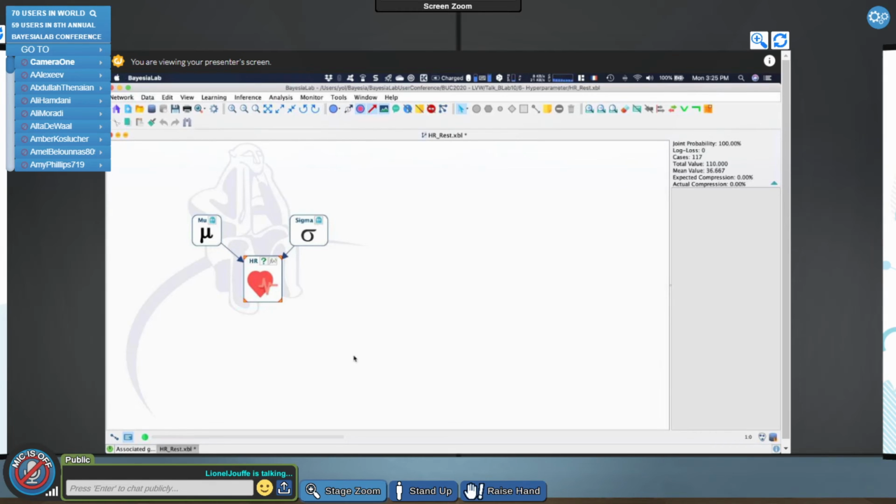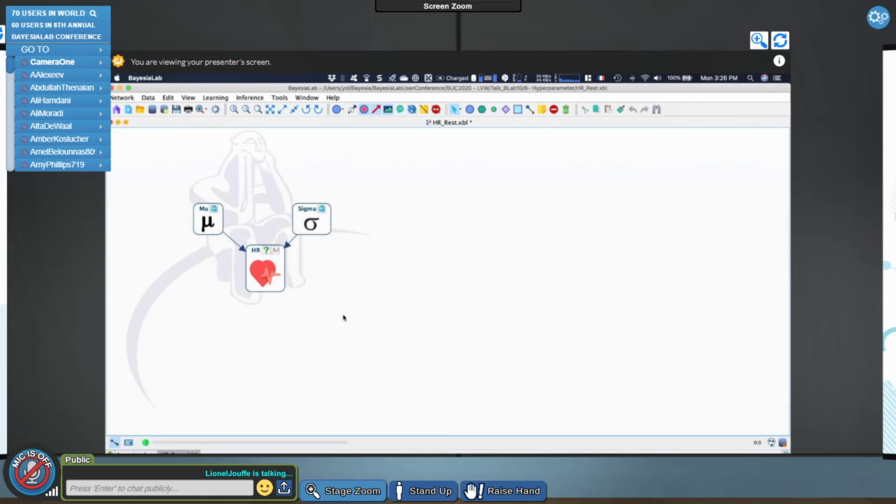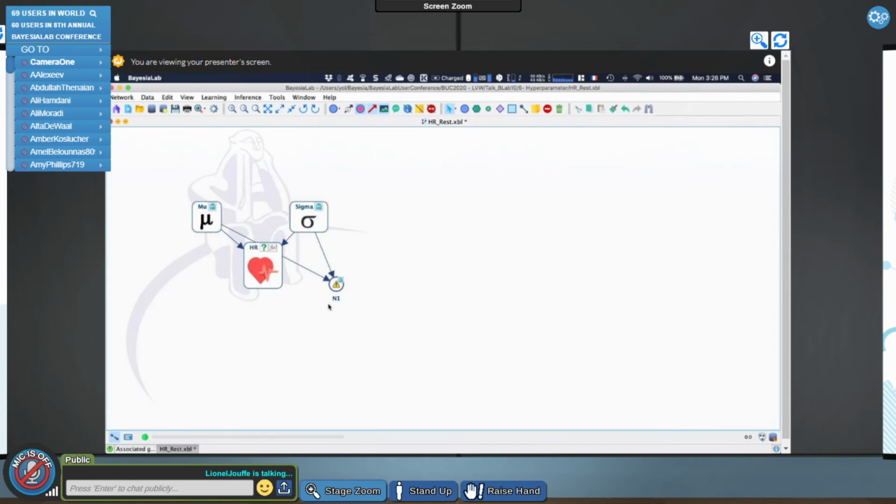But you know, this is really like having a node here with these two. So this would be heart rate day two, right?